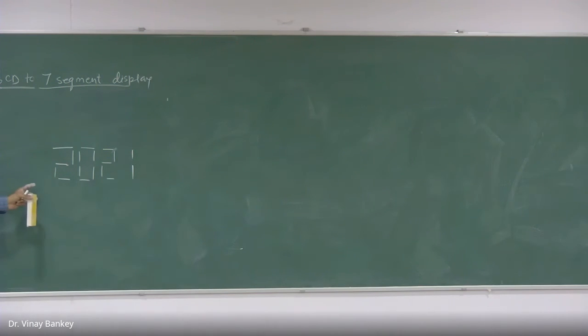Yes, here they have used 4 7-segment displays to represent 4 digits. And what are these digits? These are BCD numbers, because BCD has 0 to 9. Also, you can say this is the decimal representation. So now we'll see how we can design a circuit that takes 4 inputs as a BCD number and displays it in the form of 7-segment.